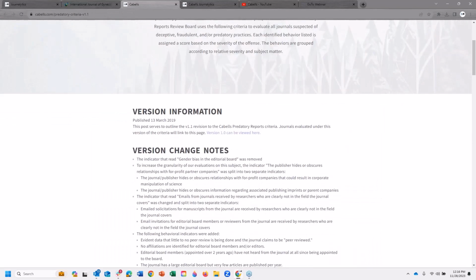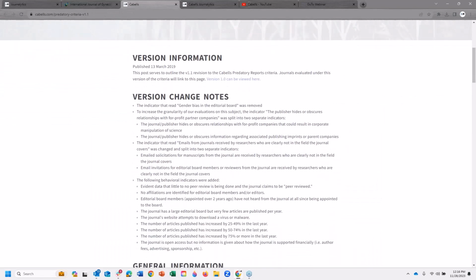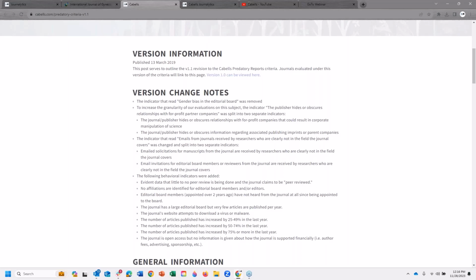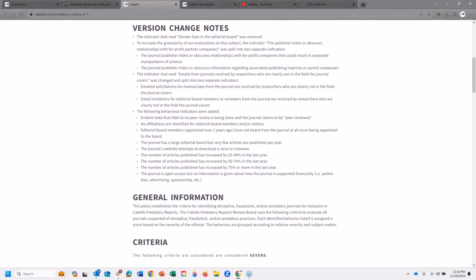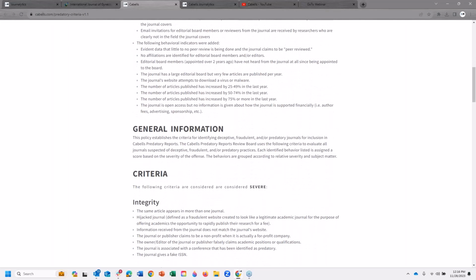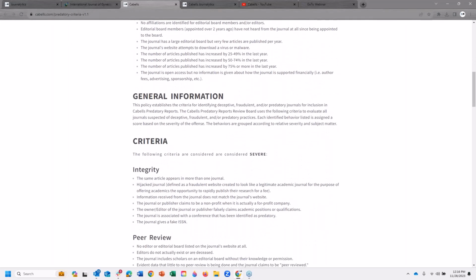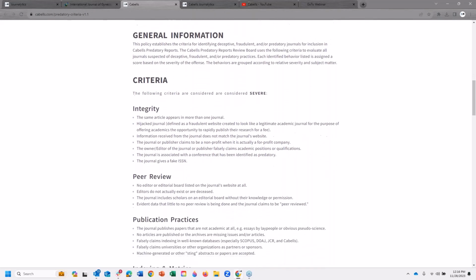So basically, our criteria are designed to make sure that new journals, journals from developing countries, and journals that are just of lower relative quality are not included in predatory reports for those reasons. Any journal that is listed in predatory reports has earned it. So our criteria are